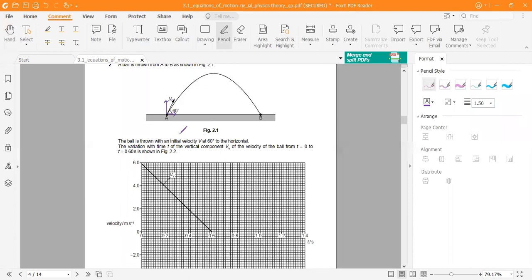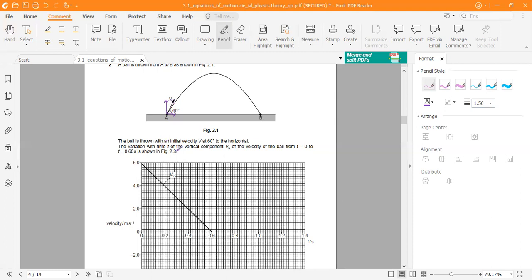So we know one thing: the horizontal component of velocity will remain the same because there is no force acting in that direction, right? There is no force pushing the object to the right or pulling it to the right, or pulling it to the left or pushing it to the left. The vertical component will change. Why? Because there is gravity pulling it down. So gravity will have some effect on the vertical component. Gravity can have no effect on the horizontal component. The horizontal component will remain the same, only the vertical component will vary.